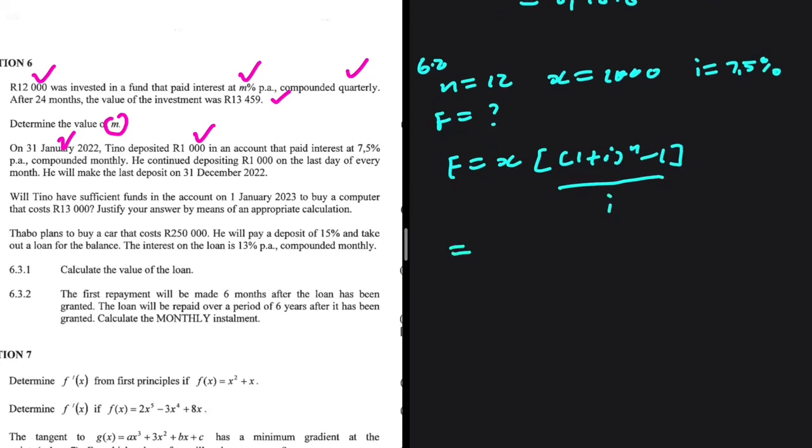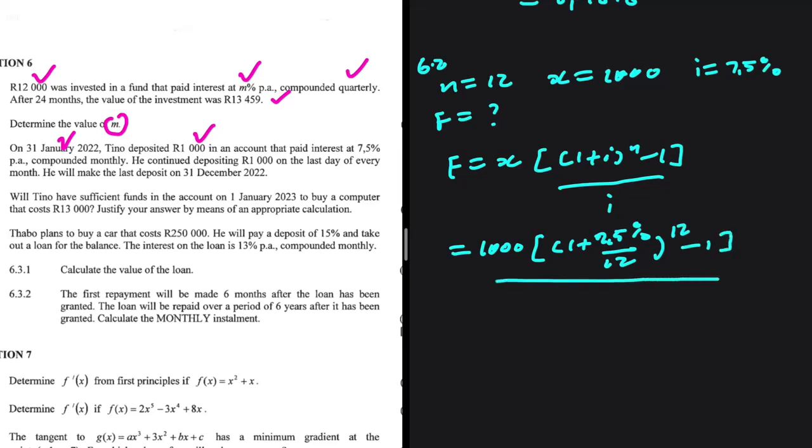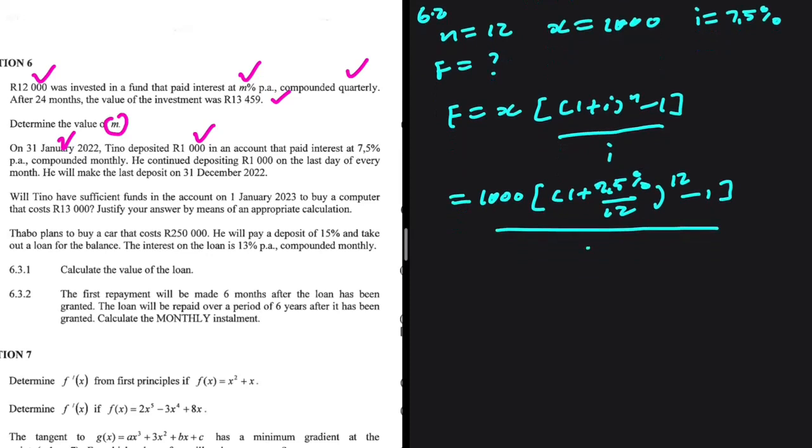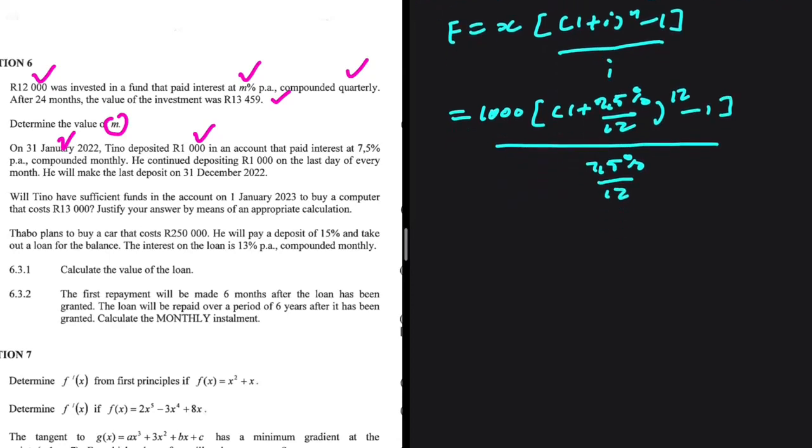The value of x, our monthly contributions, that is 1,000 multiplied by 1 plus the interest, which is 7.5%, divided by 12. We divided by 12 because it is compounded monthly. Everything to the power 12 minus 1 divided by the interest. The interest again, 7.5%. We are still dividing that by 12 because it is compounded monthly. If you put that in your calculator, you're going to get